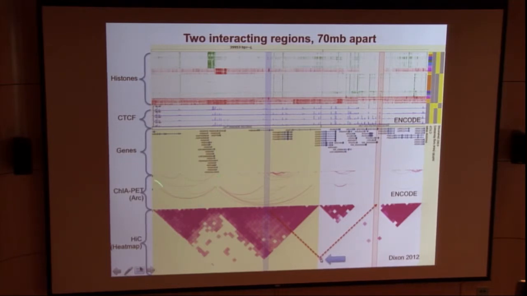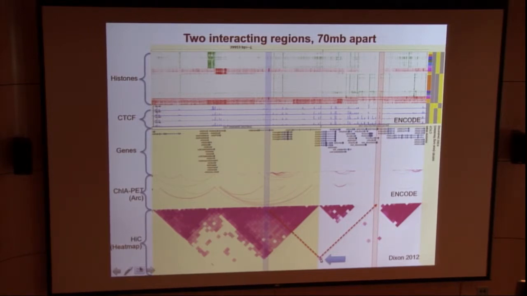So this is how we encode it. We have different ways of looking at interaction data. This is the arc view; ChIA-PET data usually comes this way. Each arc connects two interaction partners, and this is the Hi-C data. Some of you have probably seen this data before. Each little cell represents the likelihood of two regions interacting with each other. So technically it's sophisticated, but the concept is really simple, right?